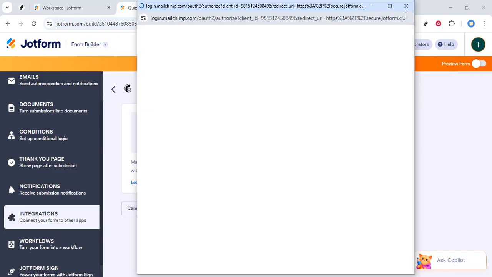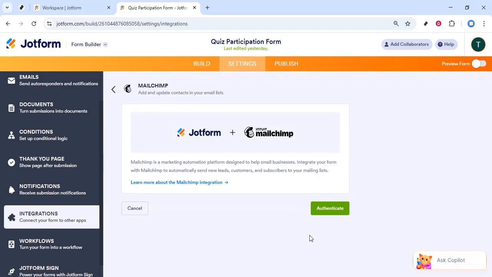And there you have it. You've successfully linked Mailchimp to Jotform. With this integration, every time someone fills out your form, their information will automatically be added to your Mailchimp mailing list. This saves you time and effort, allowing you to focus on crafting compelling email campaigns without worrying about manual